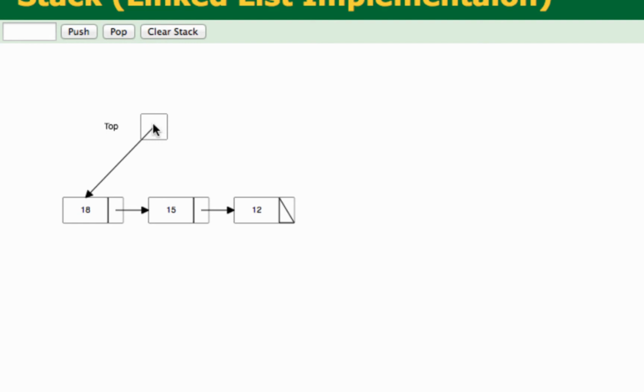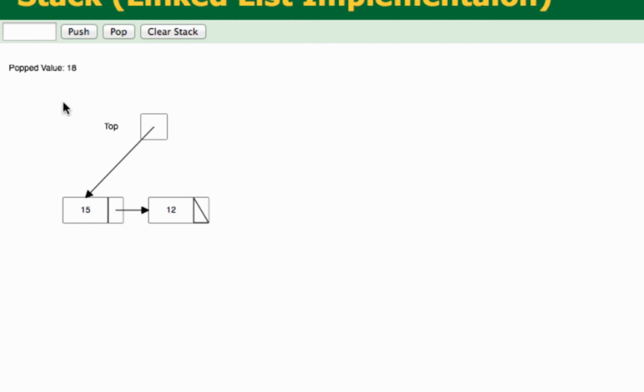Let's do a pop. First 18 is popped out, and you would see that top is reset to 15. Top is reset to whatever was the link of 18. We take the link of that element and set top to that, and then we deallocate 18.